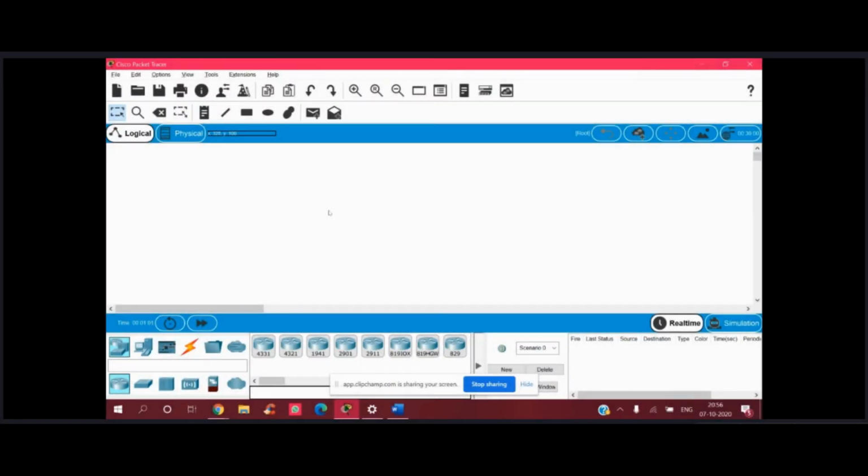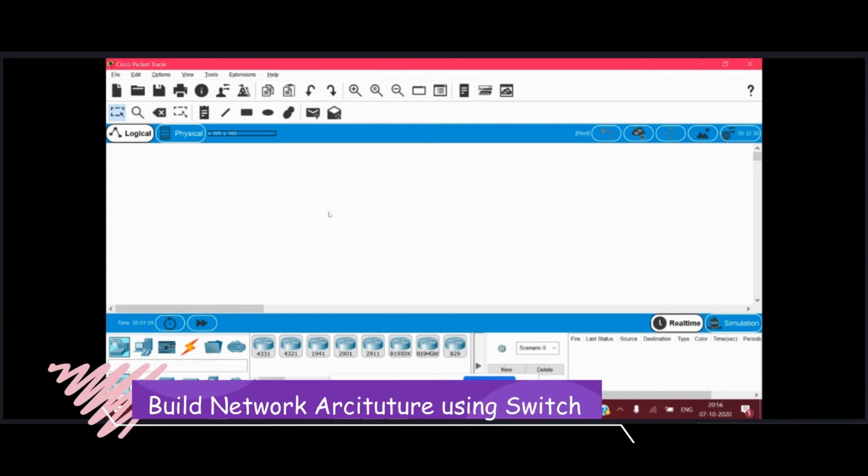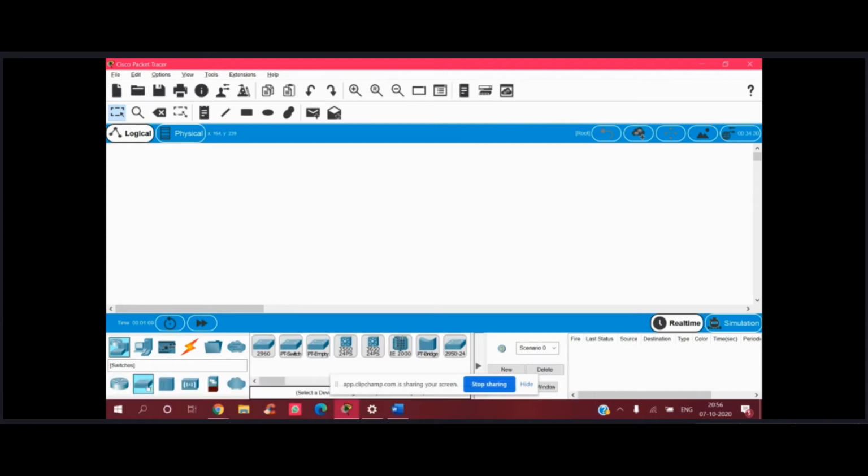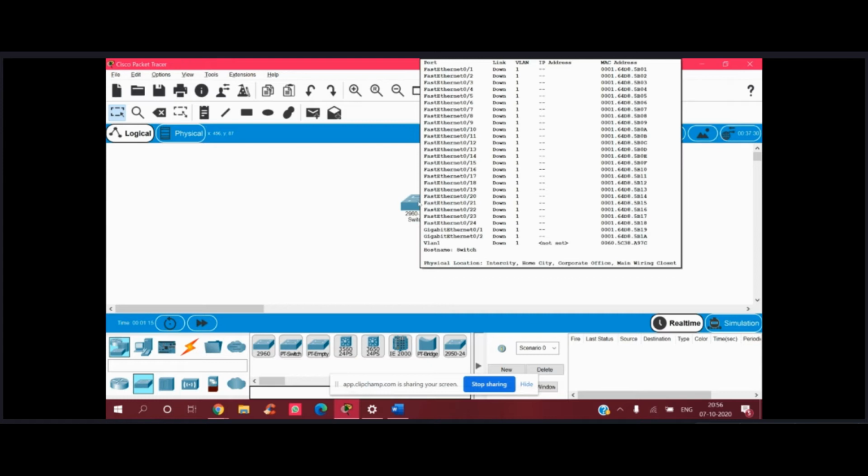Now I was planning to make a network architecture using a switch, so we'll head over to switches. We'll take this 2960 switch. By toggling my mouse, you can see this shows 24 fast Ethernet ports and 2 gigabit Ethernet ports.